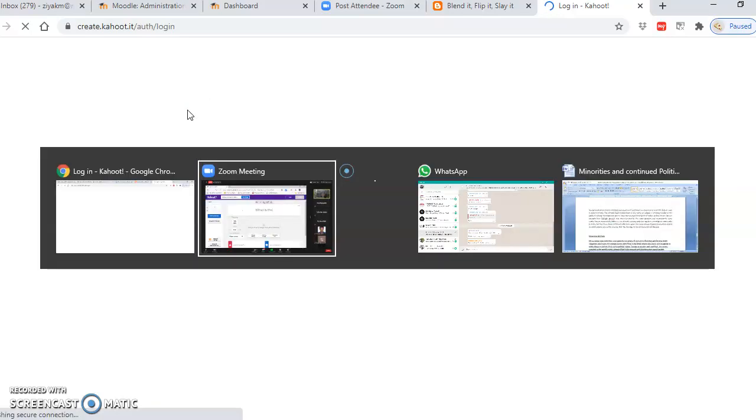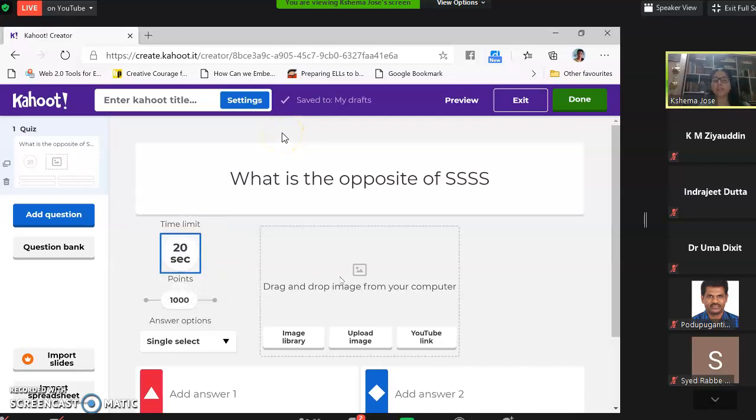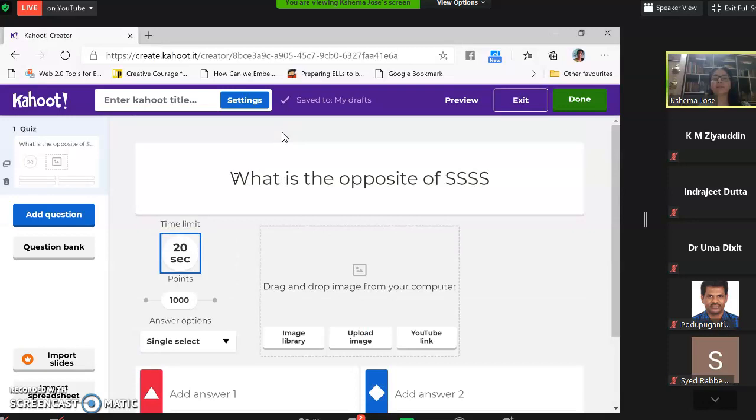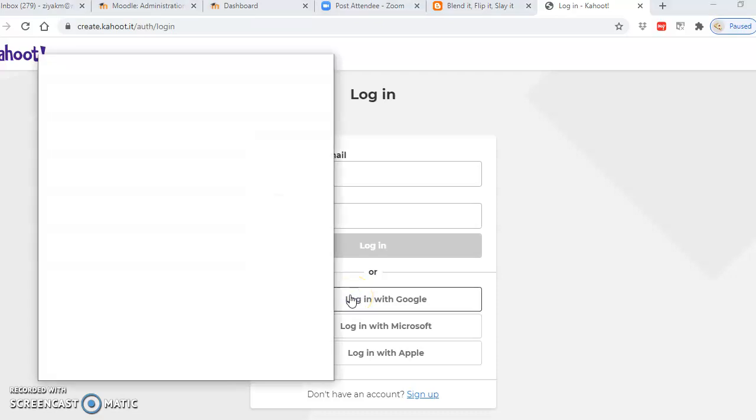All you have to do is decide the time that you want to give to your students for answering. I keep it as 20, and then it can be an image-based question. So for chemistry teachers and physics teachers, you can bring in an experiment and ask your students whatever the question based on the image, and then single select, which means players can select only one answer. Now this is for the free version. If you need multiple answers to be selected, that requires a paid version.